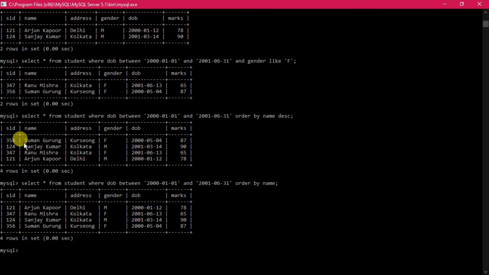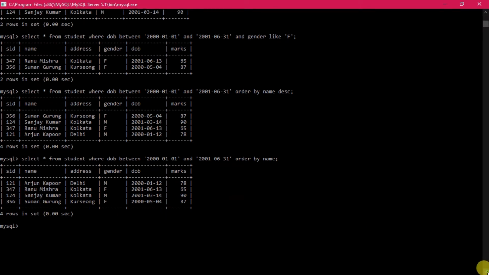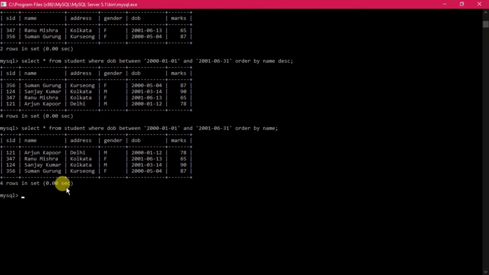Okay, so you see now there is a difference between these orders. If you see this particular one, this is from Z to A, that means from S, S, R, A, and this one started from A to Z, last one A to S. That means this has been sorted in descending order, sorry, ascending order. So these are the different clauses that you have seen, how this sorting can take place in some other criteria also. All right, that is the thing.